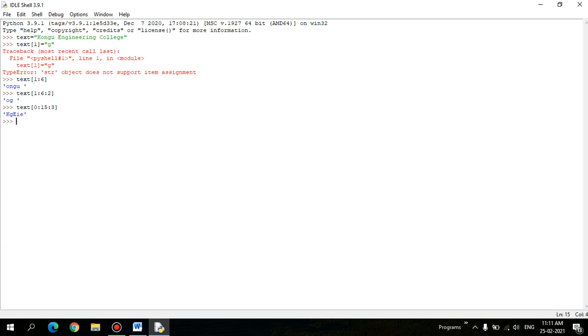Look at K, G, E, I, E. From the 0th character to the 15th character, it starts from K, then the sixth one, an empty space, will be considered as one more character, and then engineering 1 2 3 4 5 6 7 8 9, so 9 plus 6, up to R. So this is the 0 to 15 characters.